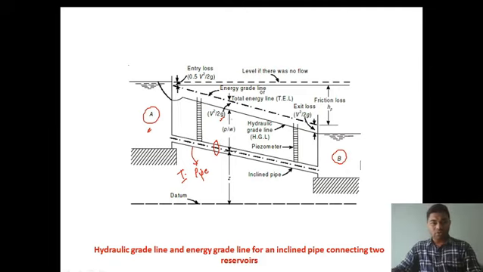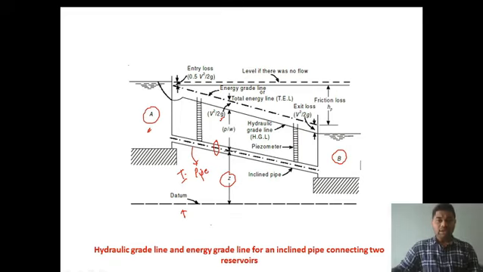So, what happens to the hydraulic grade line and total energy grade line? Let us see. This is our arbitrary datum. These dotted lines which you can see are our arbitrary datum, our reference plane. For an inclined pipe, there should be a reference plane that we consider as the datum, generally called the datum head.